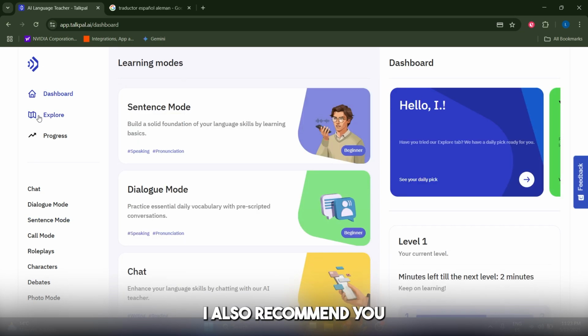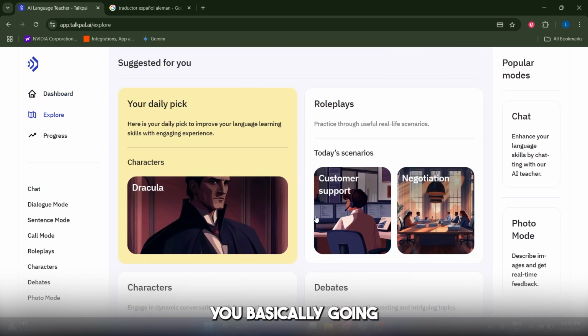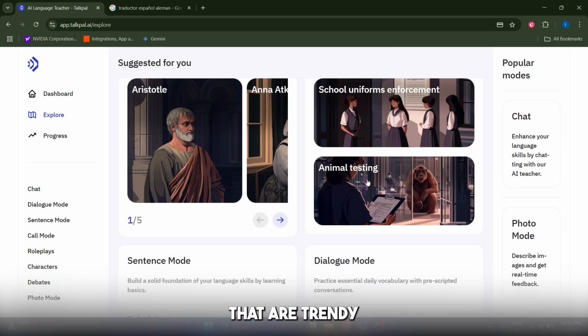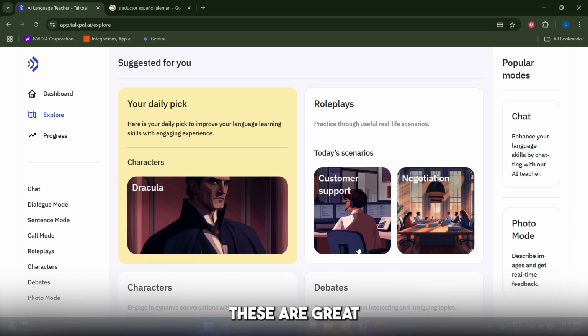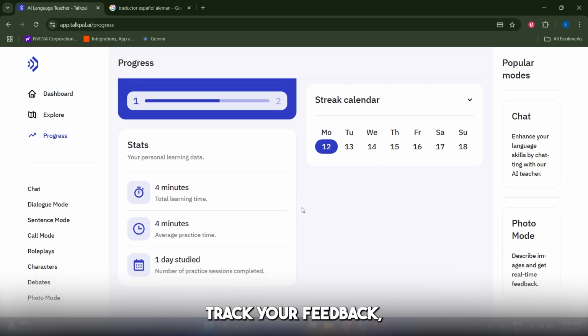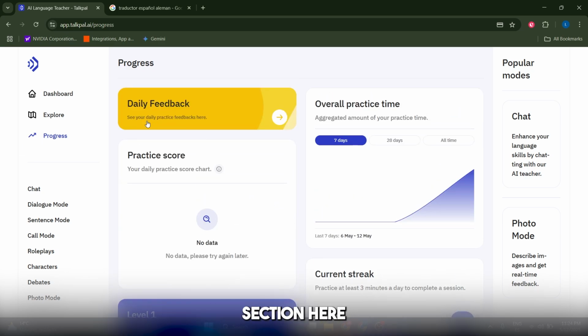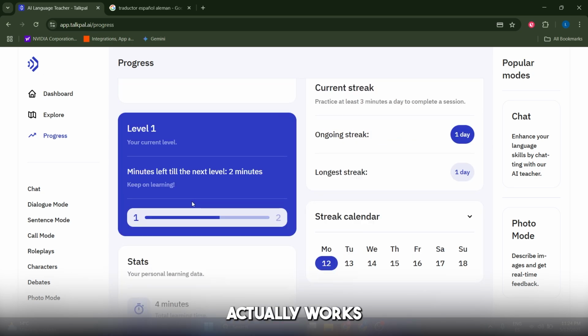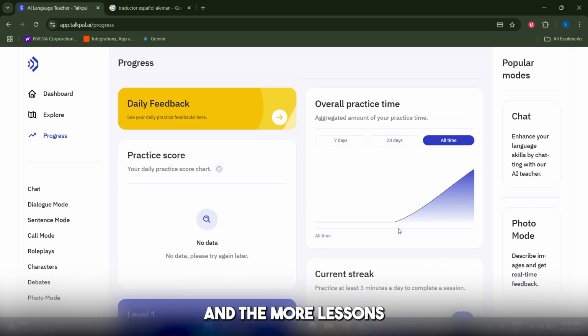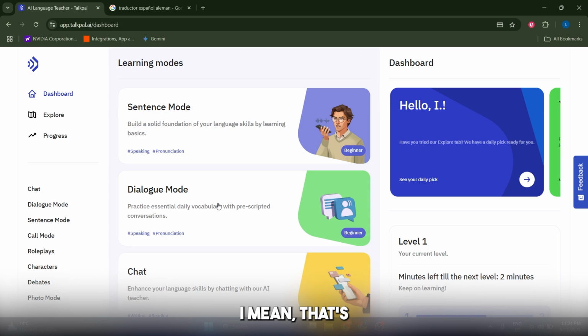All right, I also recommend you go to the Explore tab, and here you're going to see daily topics that are trendy, such as the debates, the characters, and so on. And I think these are great in general. If you want to track your feedback, just come to the progress section here, and you can see your daily feedback once you complete a bunch of lessons, and your overall practice time, which you can track over time to see if you are consistent. All right, which is great. This app actually works with a level system, and the more lessons and the more things you do, the higher the level you're going to get. So yeah, that's pretty much it for